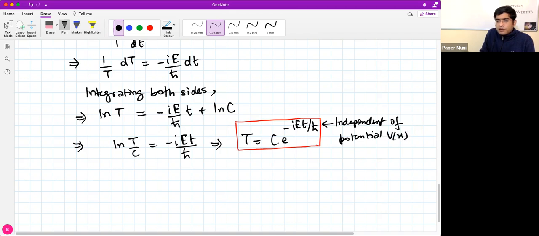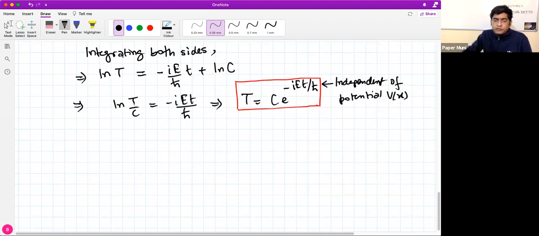That means that whatever the potential given to you, be it a one-dimensional potential well, or this infinite square potential, or the harmonic oscillator potential, in every case you'll have this form only. For the time-dependent part of the solution, you don't need to change it. You just have to take care of this energy. Everything else can be taken as it is. Now these constants will change accordingly, but the only thing you have to add is this energy part. So you don't need to solve this part every time.